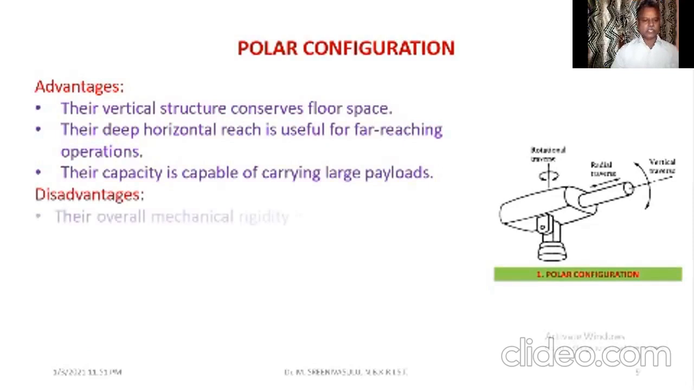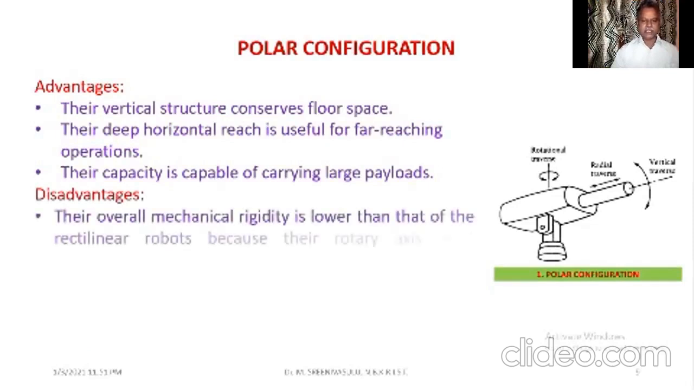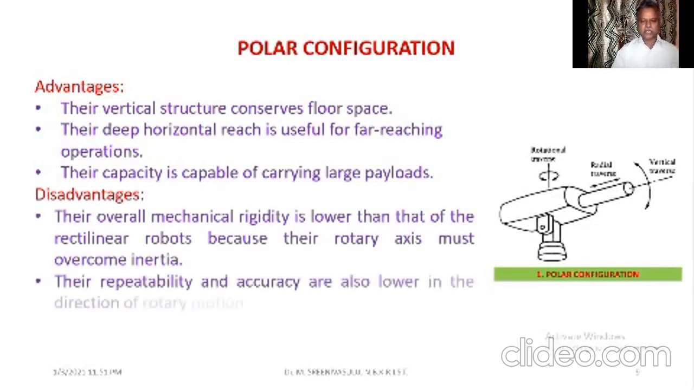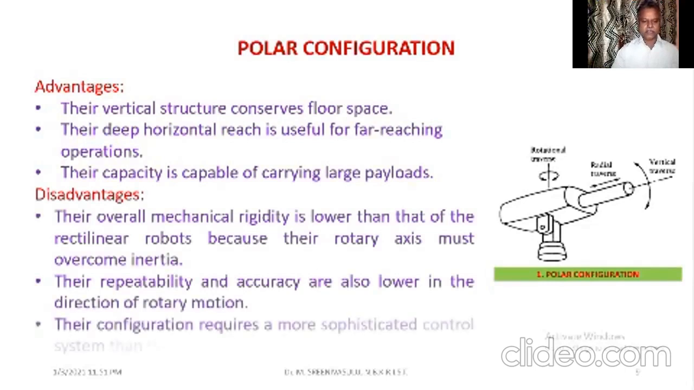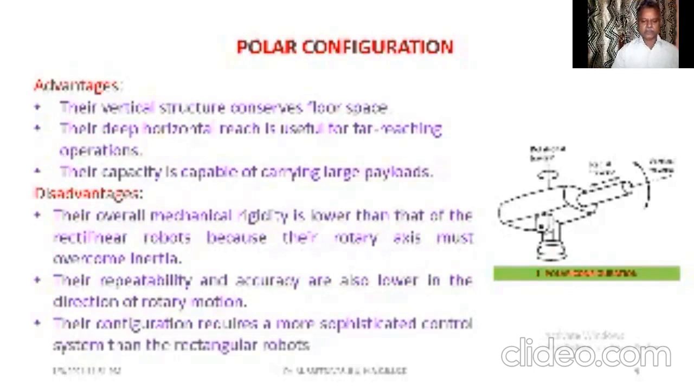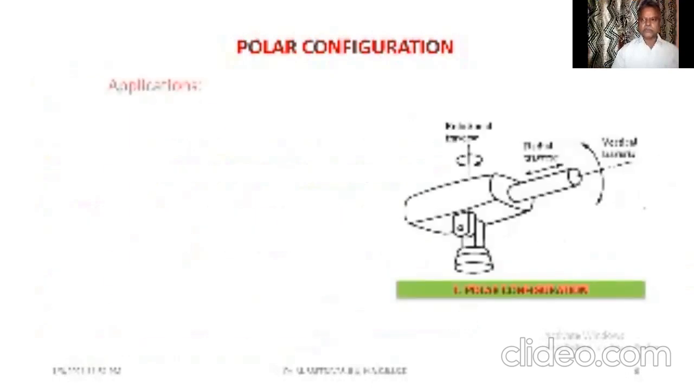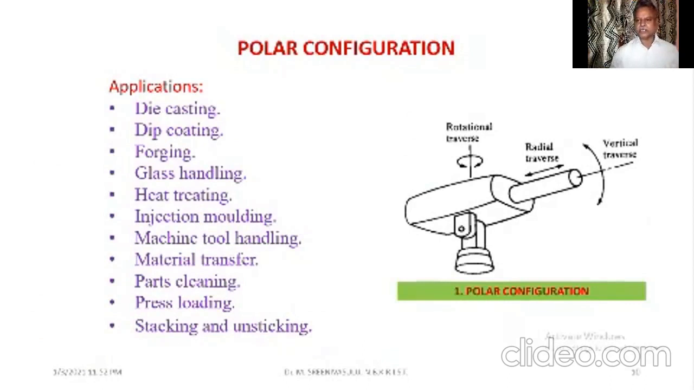There are certain disadvantages. Their overall mechanical rigidity is lower than that of the rectilinear robots because their rotary axis must overcome inertia. Their repeatability and accuracy are also lower in the direction of rotary motion. Their configuration requires a more sophisticated control system than the rectangular robots. If you look at the applications,